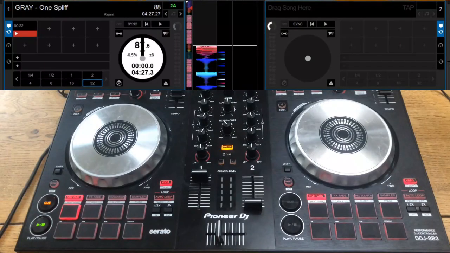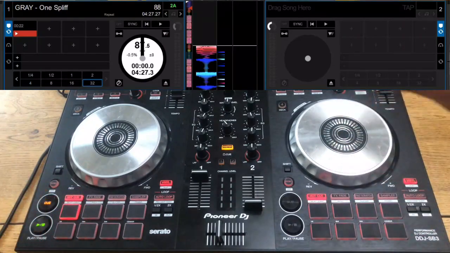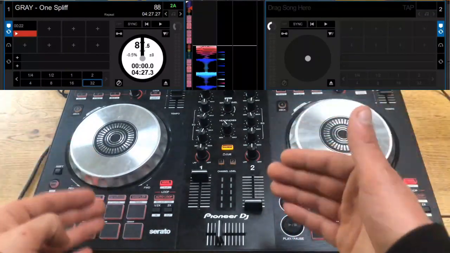Let's do this. So then my friends, I'm going to be breaking it down on Serato and then we will go over to Rekordbox very quickly and I will show you the same thing on there. To begin with, like I mentioned in the last bit of the video, you have 64 beats in the majority of tracks. Sometimes it might be 96, but in the one I've got on screen here, it's 64 beats